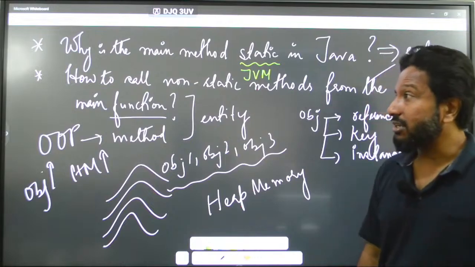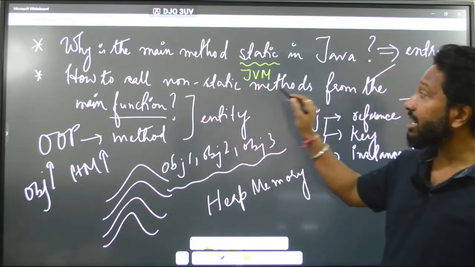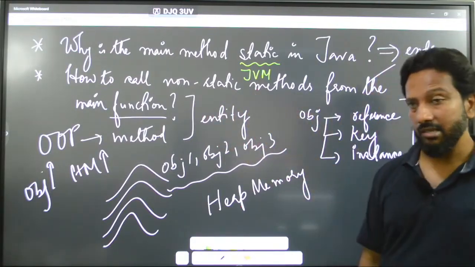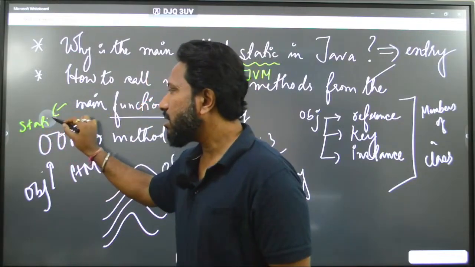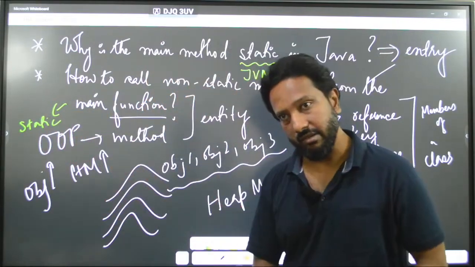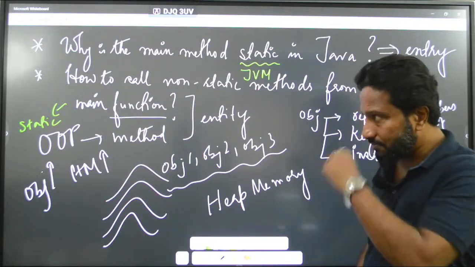Then comes the question, how to call non-static methods from the main function, because the main function is static, correct? How do you call a non-static function? How do you do it? So